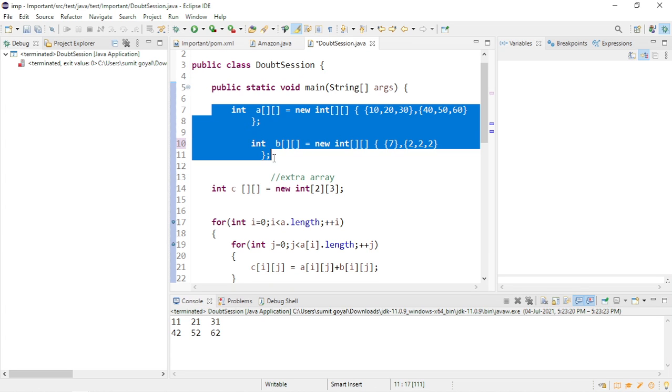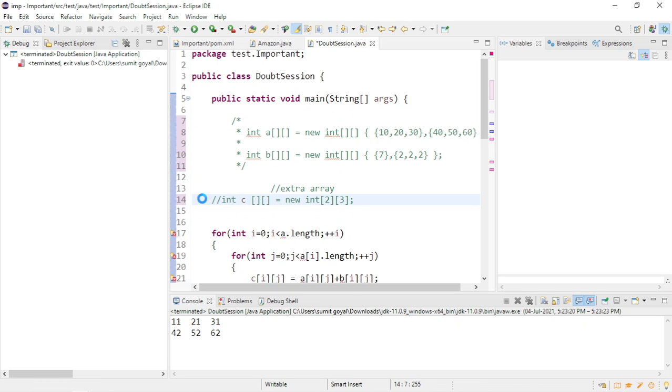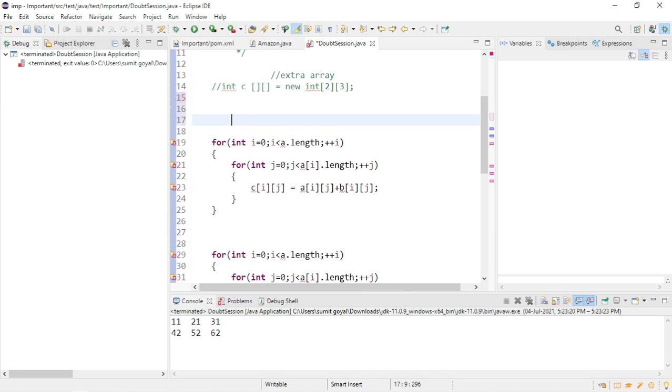Let me take some smaller arrays, otherwise it will be confusing. Suppose we have two arrays, and I want to print all the common elements from the two arrays. You can try that for the multi-dimensional array as well.